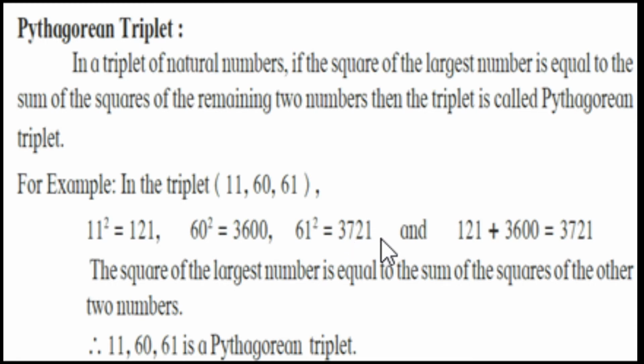So if such a condition occurs, then the square of the largest number is equal to the sum of the squares of the other two numbers. In this case, we can say that 11, 60 and 61, this is a Pythagorean triplet. Right? Next,